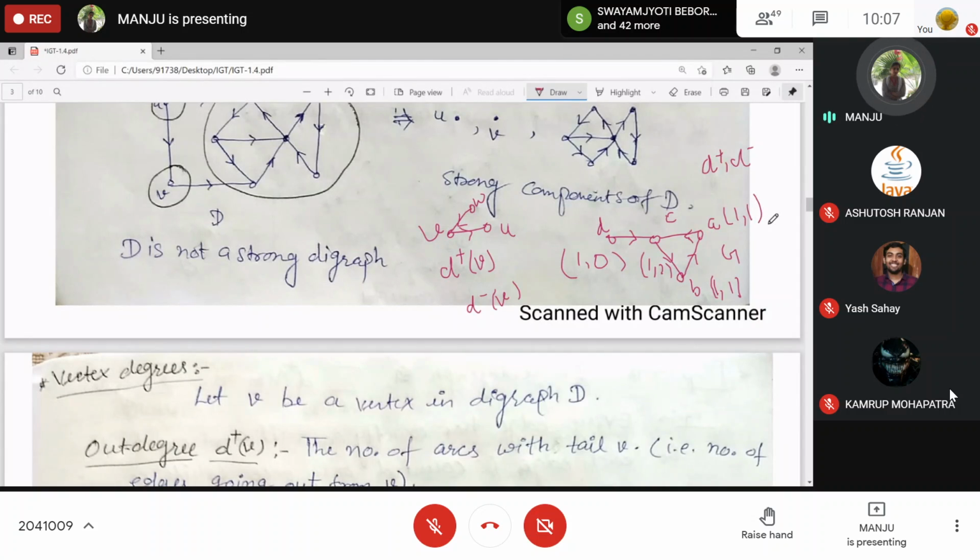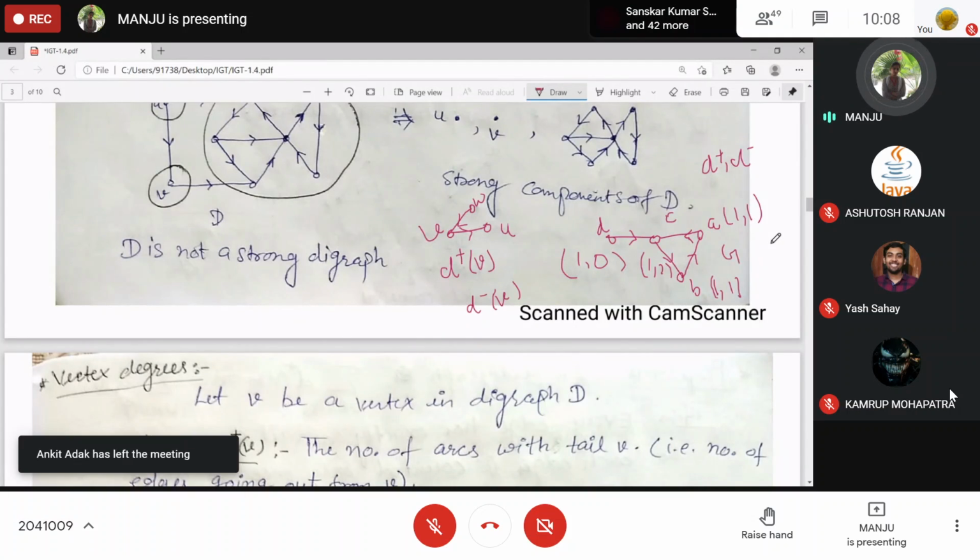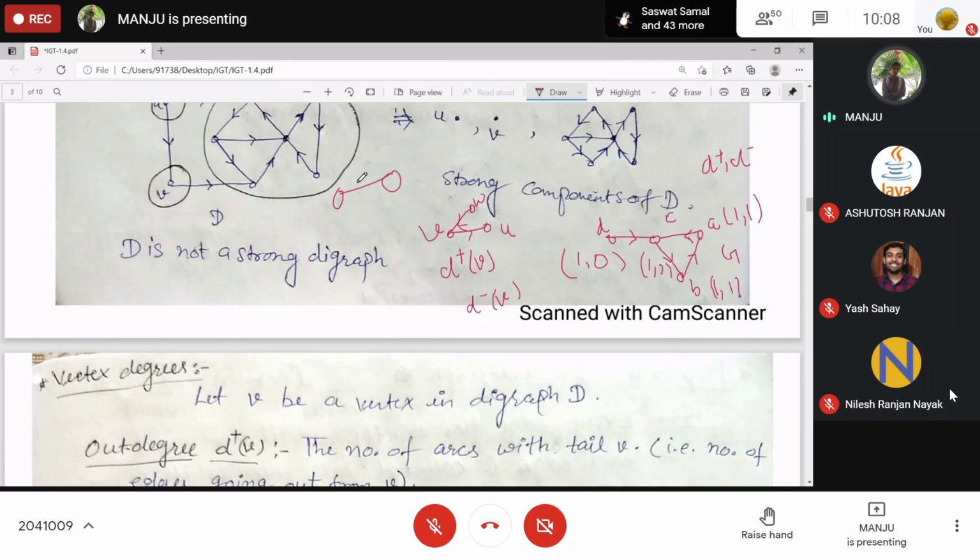There we discussed that every edge is counted twice if we count the degree. If we add all the vertex degrees, then every edge is counted twice. But here, if there is a directed arc, or directed edge, then this edge is counted once in this one and once in this one. That is, if we take only the sum of out degrees, that will count once only, right?